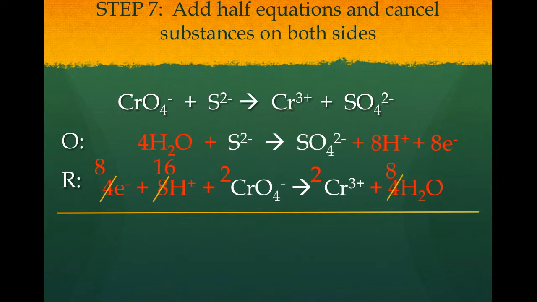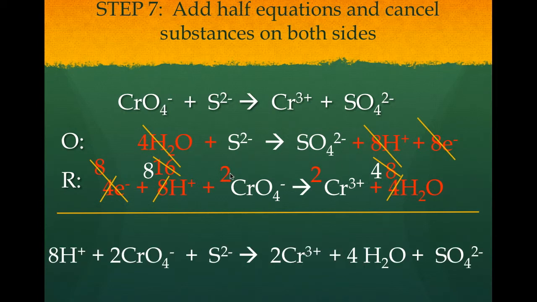All right, so your electrons should always cancel out. And then if you notice, we have hydrogen on both sides. Well, these 8 hydrogen will cancel 8 of those 16 hydrogen, leaving you with 8 hydrogen on the reactant side of your reduction half reaction. And then if you notice, we have water on both sides. So these 4 water will cancel out 4 of those 8 water, leaving you with an equation of